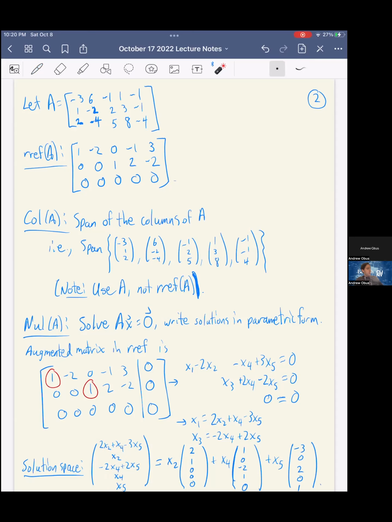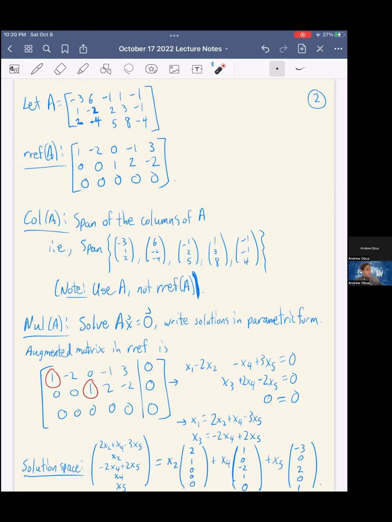So this is how we write our solution space in parametric form. But what is that saying? If we're saying that we want everything that's a linear combination of these three vectors with any possible coefficients, right? Remember, x2, x4, and x5 are completely free variables. They can take on any values at all. Well, that means that the set of everything that can be written this way, in other words, we're just saying